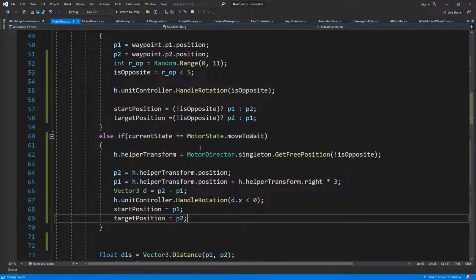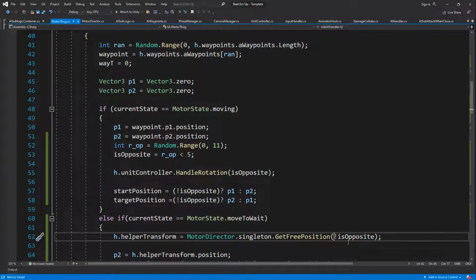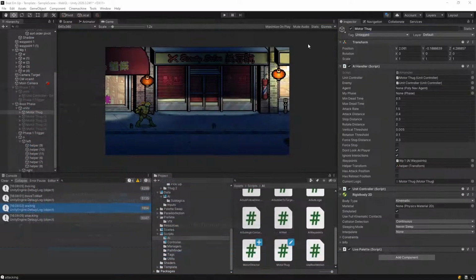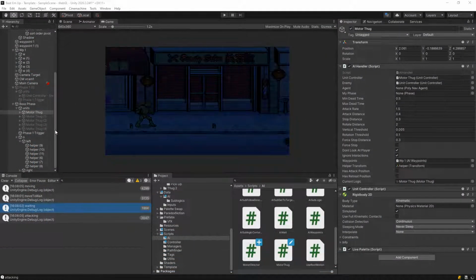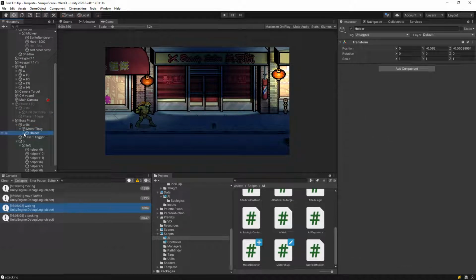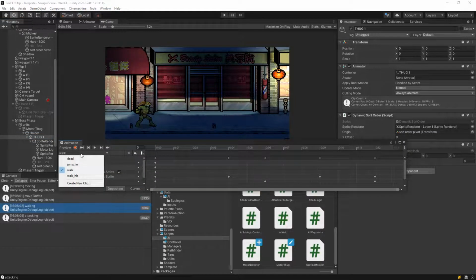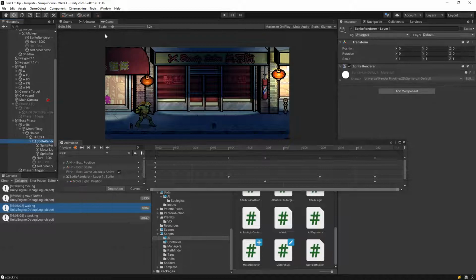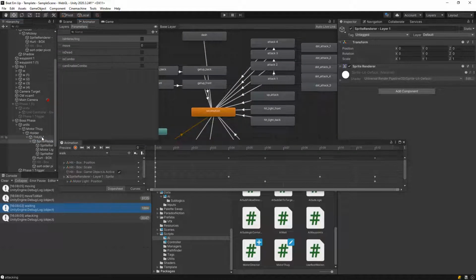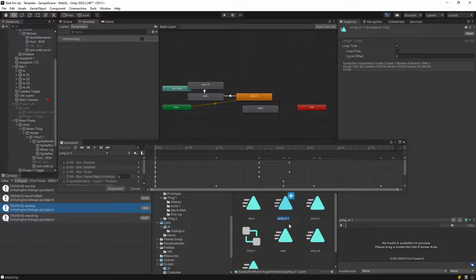So let's see from here. You have here the transform under rotation is opposite. I'll just do this. Okay. Then let's delete the other guys and let's go fix the animations so we have the full view. So let's open up his animator. Jump in. I'm going to duplicate this one